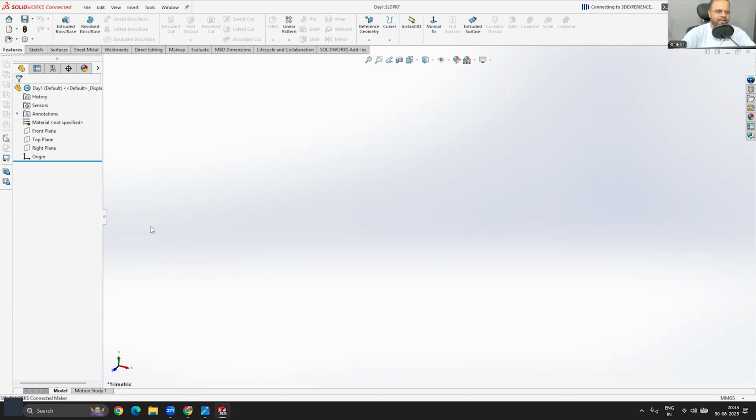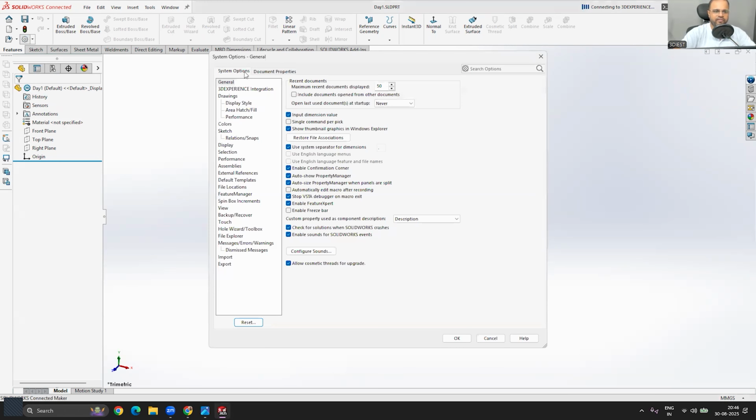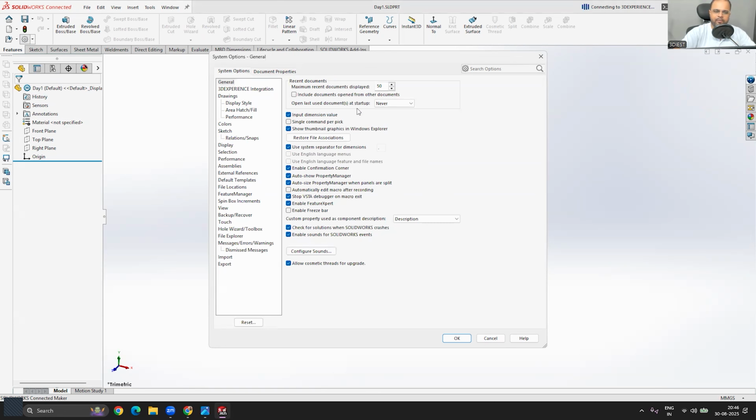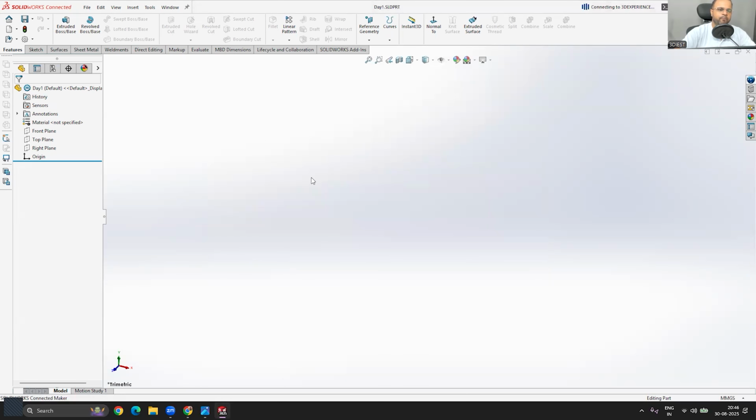So as you can see, we are back into SolidWorks. If anytime you had made any mistake, you can go onto this system options setting and you can reset it. Or if you want to adjust any of the settings, you can adjust those as well in this option. But since you are just getting started, I do not recommend coming into this area and making any changes, right? But by the time you have some experience, maybe you need to change a few of the settings to improve your performance, and that you can do.